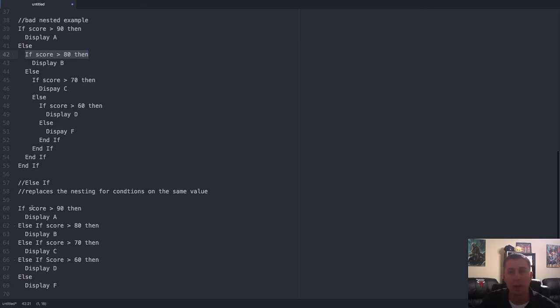The trick, though, is you have to make sure you write things in a particular order. You're not going to be able to jump from score is 90 down to score is 70 and assume that a score of 88 is going to produce a B. Because as soon as one of these is true, it does the indented block and skips all the remaining else's throughout the coded structure. So